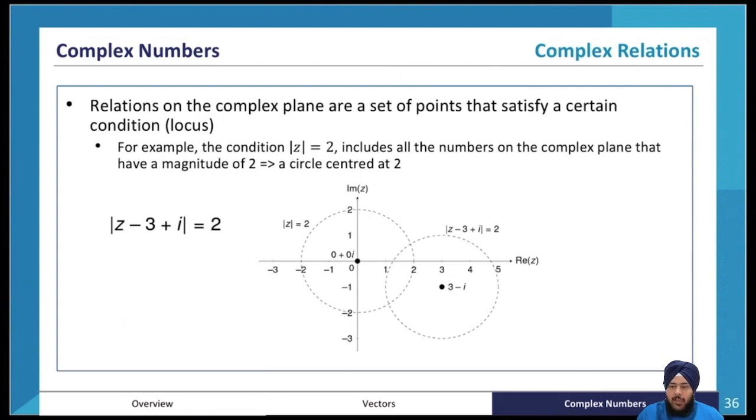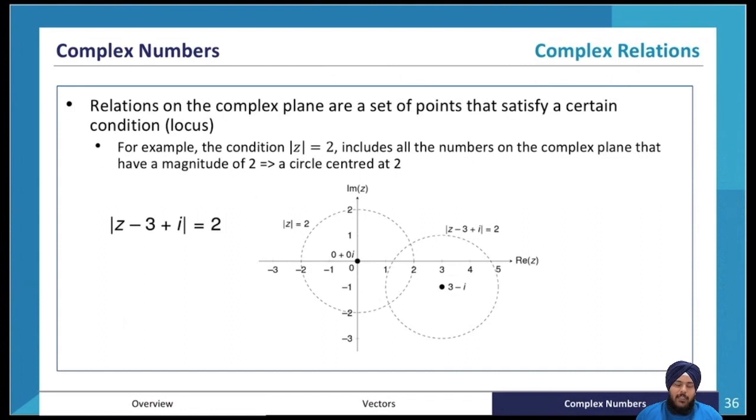Okay, next let's have a look at complex relations. So what are complex relations? Complex relations are relations on the complex plane. You know how for normal numbers we have equations, like y equals x squared, y equals cos x, y equals log x, stuff like that. For complex relations, same thing. We have equations again, but this time it's called a locus because it's thought of